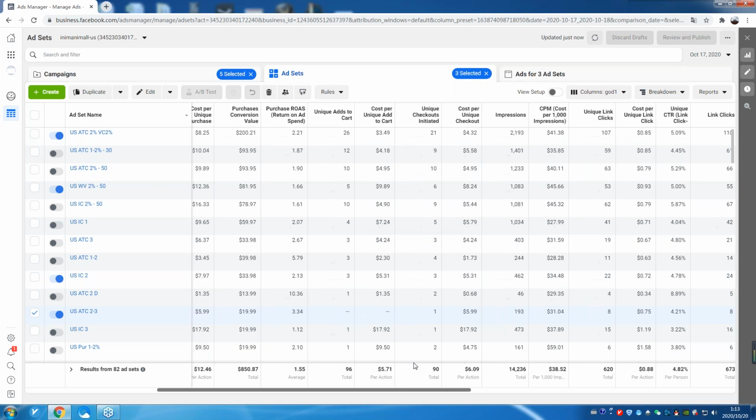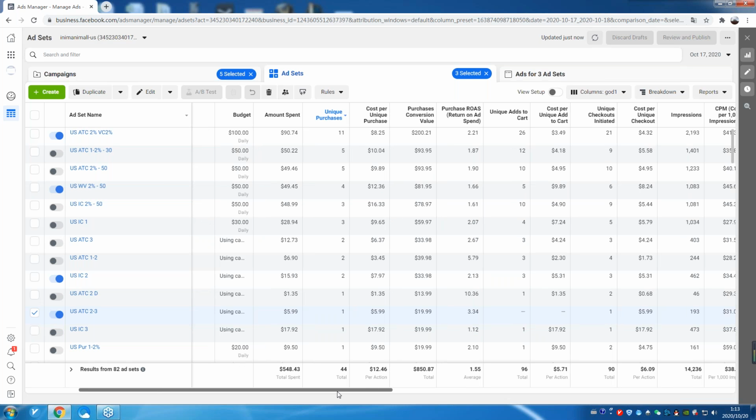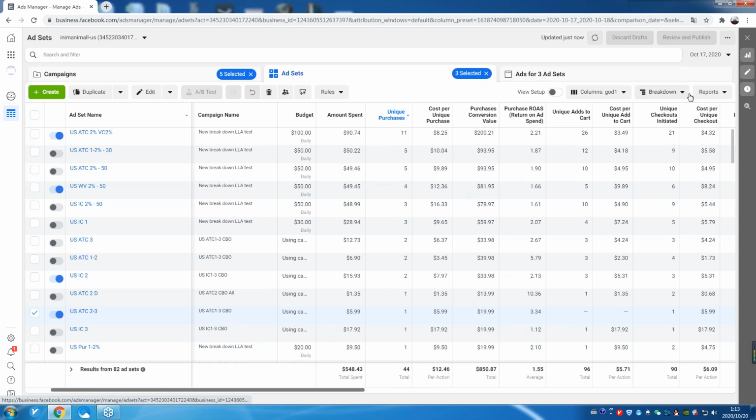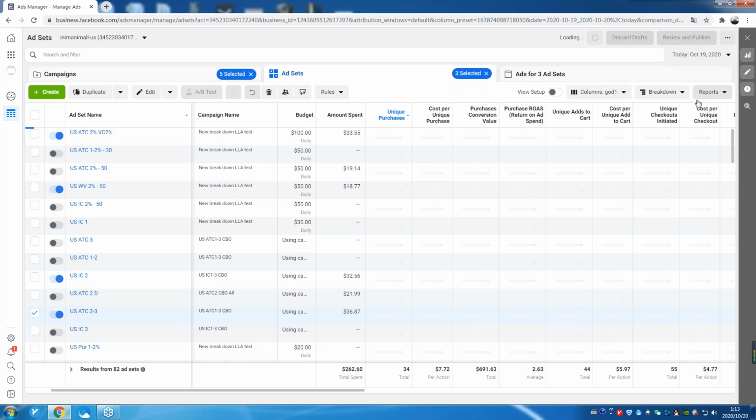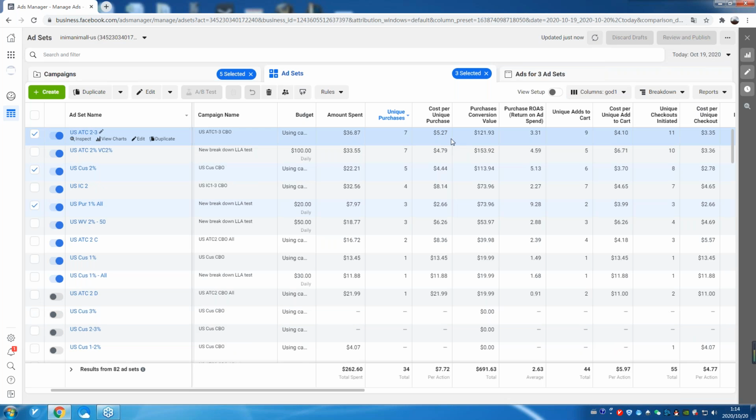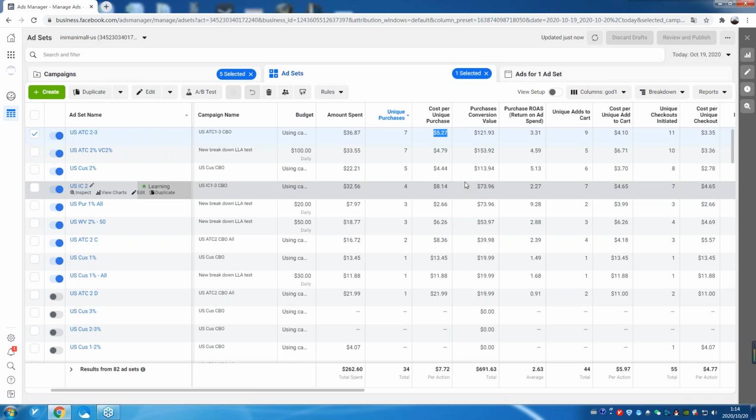It'll just remain within a few dollars always after you've exited learning. Do you mean CPM? No, I mean your cost per purchase will be within a few dollars. Okay. It'll be a lot more consistent. It's easier to scale. You see regular purchases. It's pretty tuned in at that point. Yeah, I want steady under 5. That's my goal here. My goal is under 5.